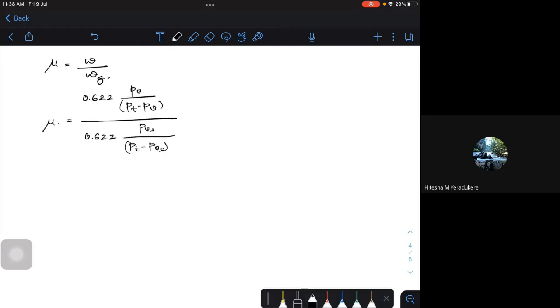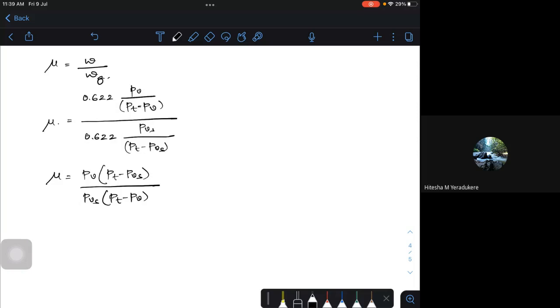So therefore your mu is equal to, I'll do a little bit of cross multiplication. This will be PV into PT minus PVS, that is, the denominator will go to the numerator, divided by PVS into PT minus PV. So this is your mu. Mu is equal to this. If you want, I can further simplify this also, I can do that.